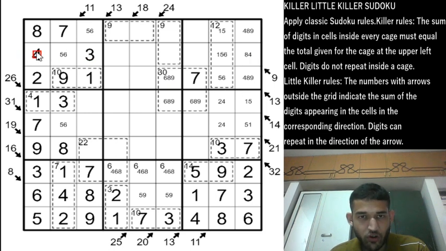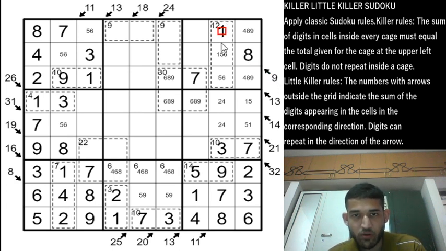And now we have 4 in row 2 column 1, which eliminates the 4 from this cell, so this will be an 8, and for the 9 total this will be a 1 now, and these two cells will have to be a 5 and 6 and a 5 and 6. So this will be 4 and 9, this will be a 4 and 9 because 8 is placed.